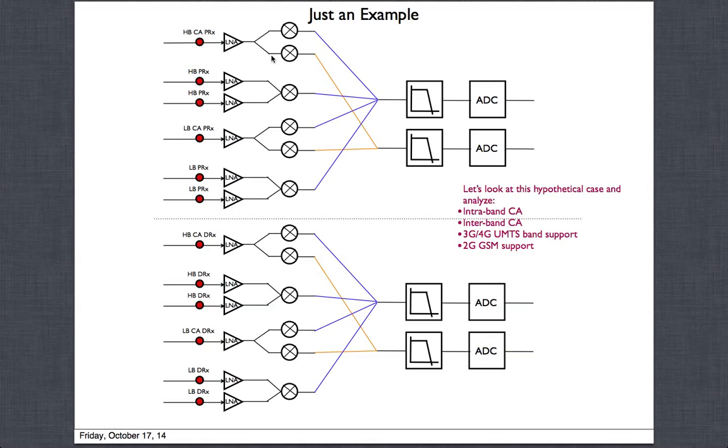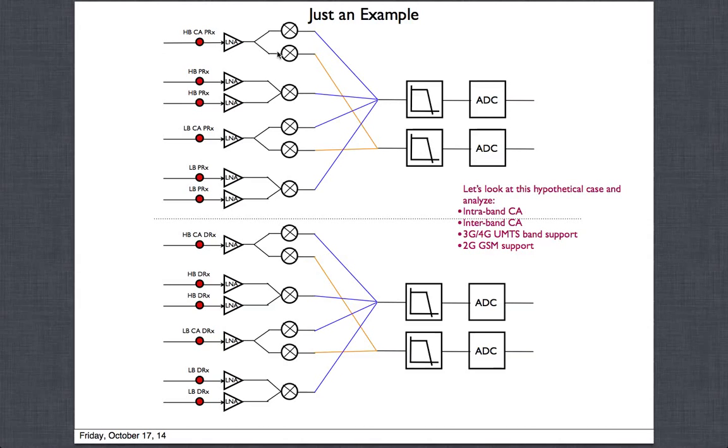So I think the way it will work is, if you're using any one of these high bands, right, you're going through this filter path, the top filter path. That means for the top one, we have to use this path, which is LNA, this mixer. Okay, not that mixer, this mixer. Come down, then use this filter path and go out. So these 2 become then the 2 channels which are there in 2 different high bands, 2 different frequency bands, which are 2 different high bands doing carrier aggregation.